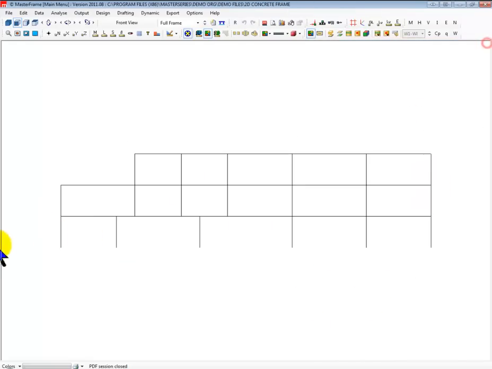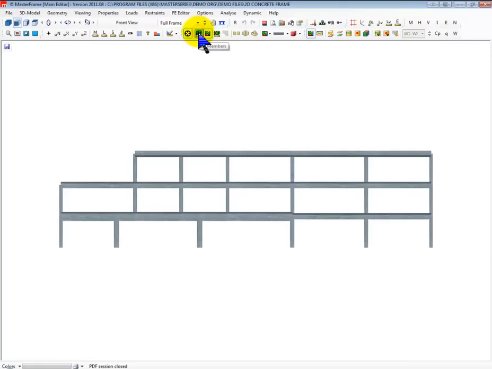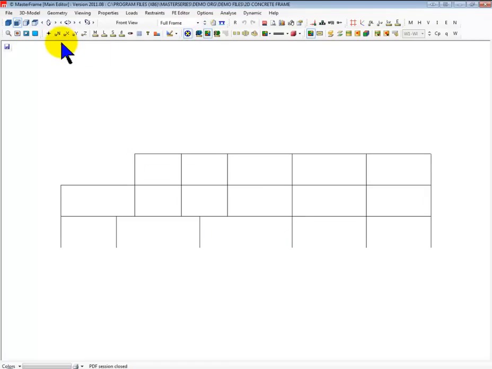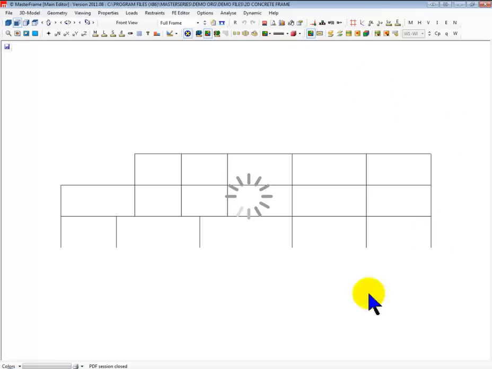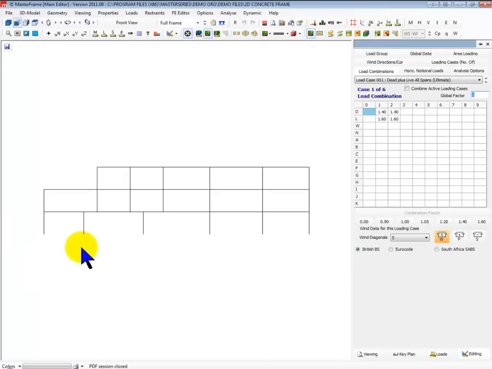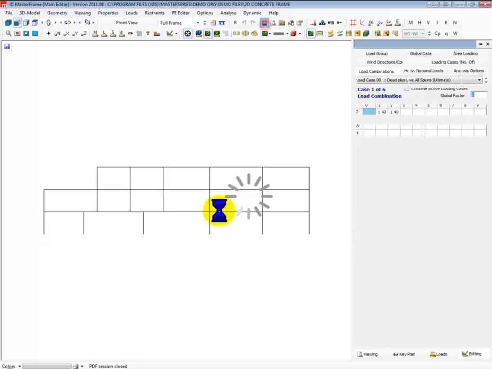This is a concrete frame, that doesn't matter. But if we look at it in our editor and look at the diagram, we'll see our concrete beams, T-beams, L-beams. But what I'm interested in is the loading cases. And if we look, this is a rigid concrete frame. So what we're working with is, if I turn on my loads, I have got